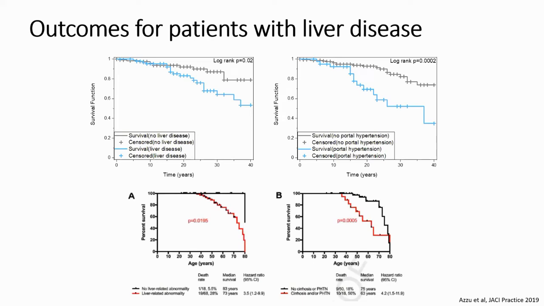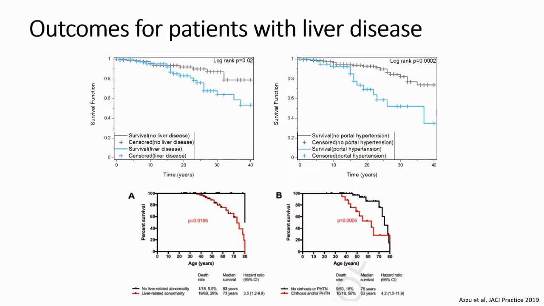And these are our survival curves for the cohort. So the top left, the grey and the blue, those in blue are those with liver disease by our loose definition of abnormal liver test or imaging, compared to those without. And you can see that from a decade to 15 years, the survival curves diverge, and there's significantly impaired survival in those with evidence of liver disease. And if you divide those on the top right by the presence or absence of portal hypertension, it's much more stark. And again, from just over a decade from diagnosis of CVID, you see significant increase in mortality